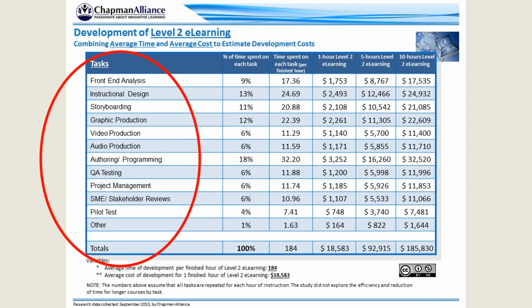Level 1 would be, as I mentioned, just the page turners, just slides, maybe no images, maybe 1 or 2 images, but just slides of text that you click through. I don't have those numbers up because I continue to focus on level 2, as you see in front of you, which has various slides. It has quizzes or knowledge checks. It has some level of interaction. It relies heavily on graphics. It also probably has some audio. So that's what most of us live in. That's what most of us deal with.